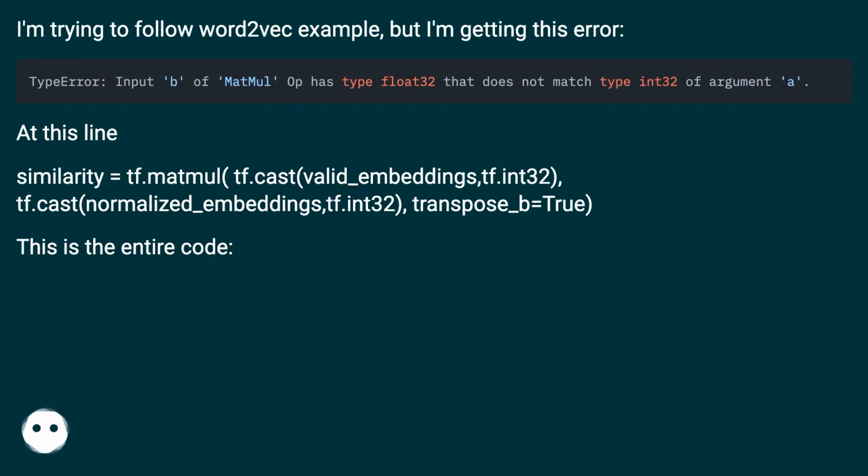tf.cast(valid_embeddings, tf.int32), tf.cast(normalized_embeddings, tf.int32), transpose_b=True.